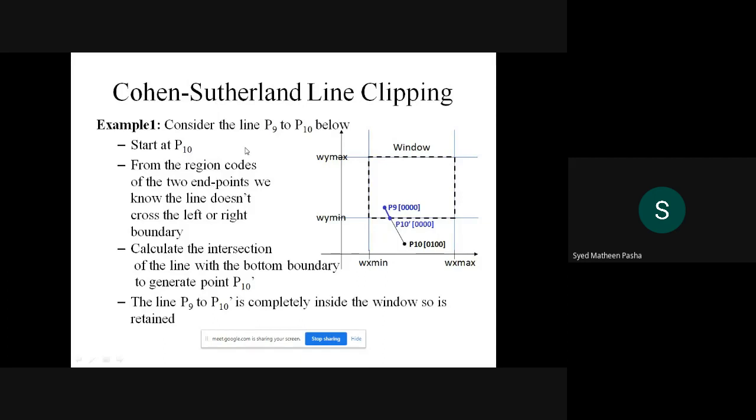If you give some example, this is a simple example, right? You are considering one window and you are checking which line is lying inside the window and which line is being eliminated. So you need to give such examples as well, so that you will get full marks, that is 8 on 8. So do remember. Hope this example is clear to all. The first example.